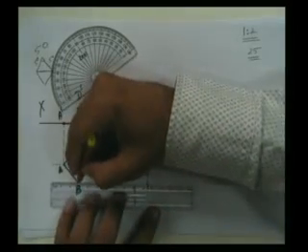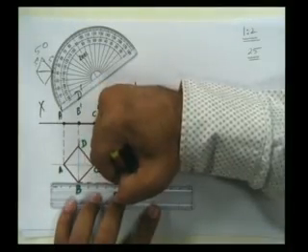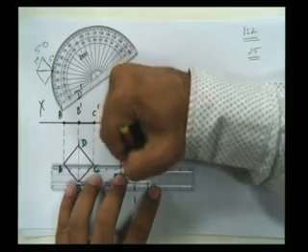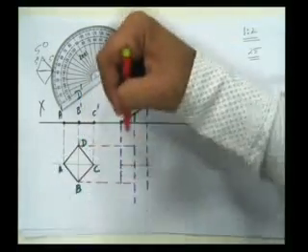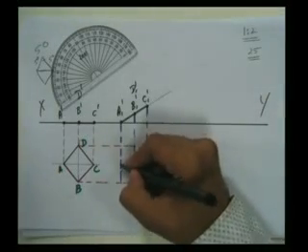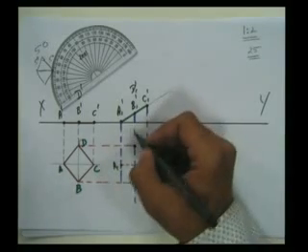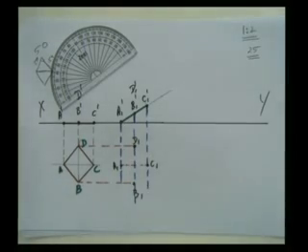Project them sidewards. This is where the point B will be. This is where point A and C will be. And this is where point D will be. Again marking the points. This is A1, D1, C1, B1,